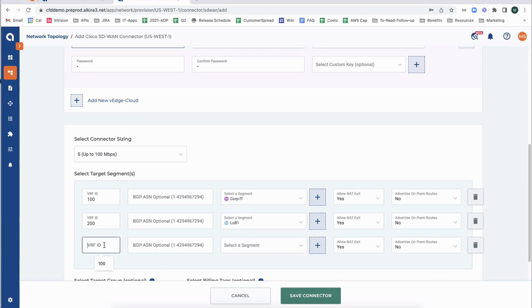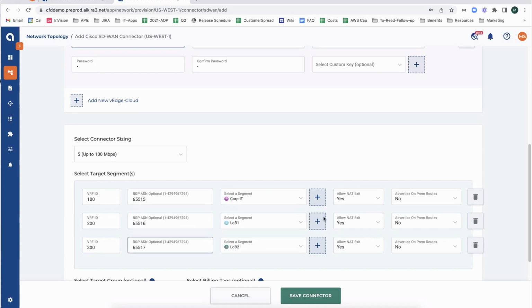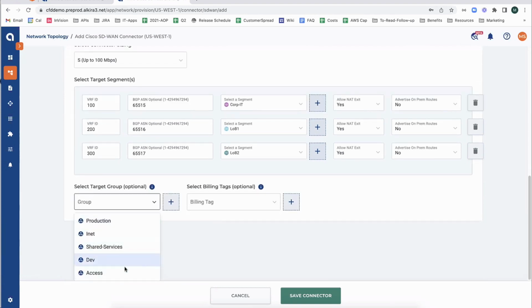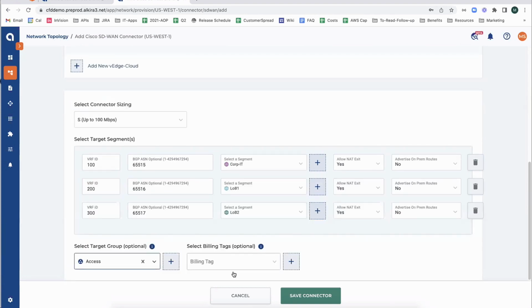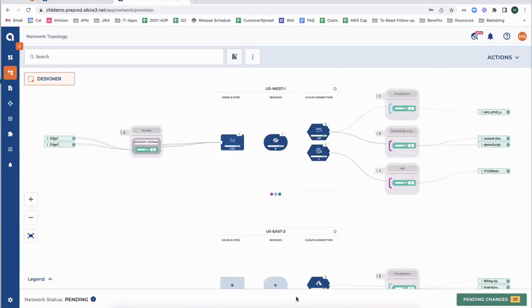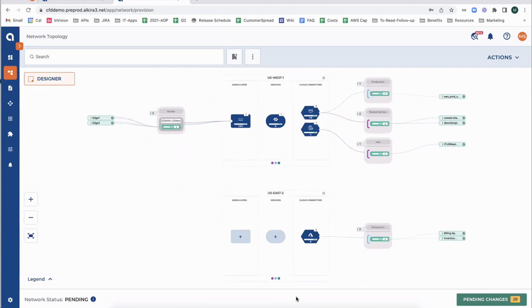And then we are going to pick VRF 300 and map that to line of business 2. So now I have 2 instances of SD-WAN, which are going to get deployed with 3 segments mapped to